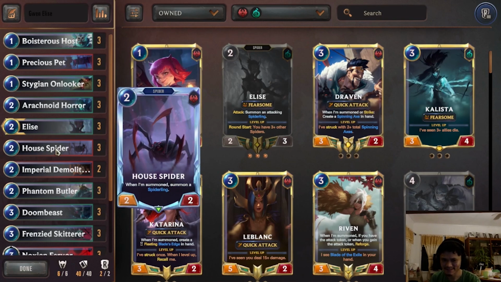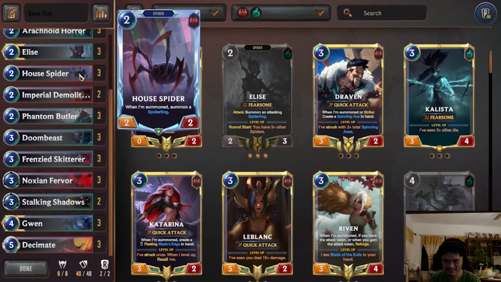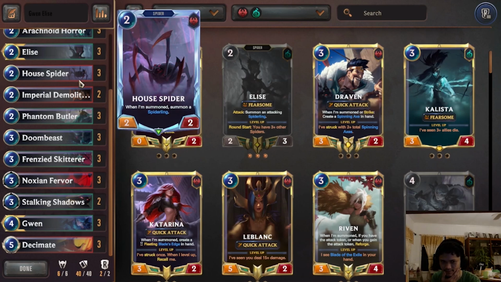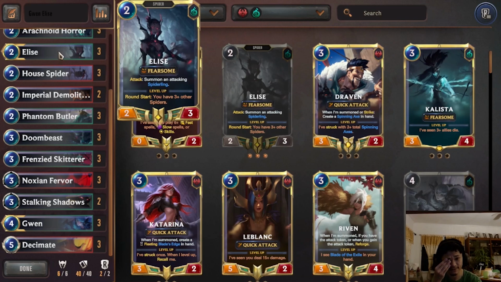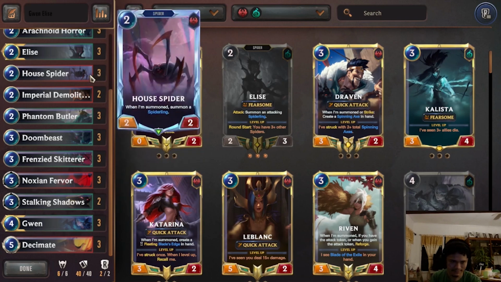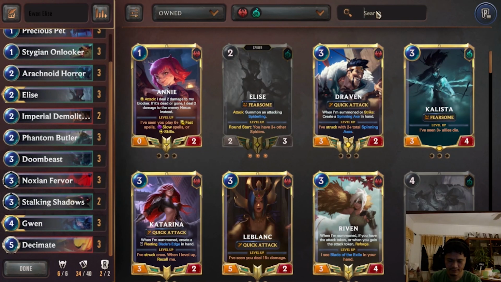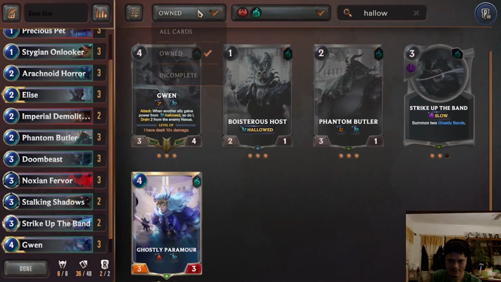I've seen lists that don't run House Spider. I think that's a very big mistake. If you don't run House Spider, then you're probably not running Skitter. But I think you should run both, because it makes Elise level up so prevalent in this matchup, and the spider synergy is really there. It's really good. But I've seen people cut them for burn or for more of the hollow package, like straight out the gate. I don't really think